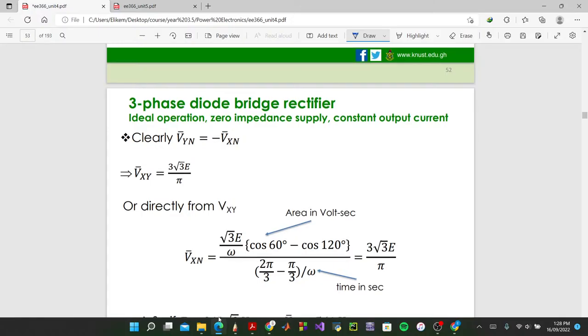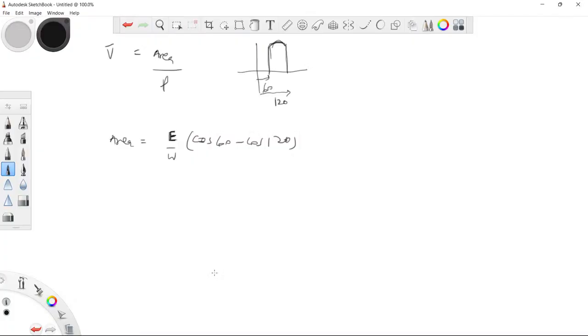So yeah, as I was saying, we put in cos 60 here minus cos 120, then here line voltage, so root 3 times E. Then you divide by the period. The period is the period between this 120 here, which is 2 pi by 3, and then 60. Right? When you divide this, you get this answer here. The calculation is not even important. You might just know that, okay, for a three-phase system,